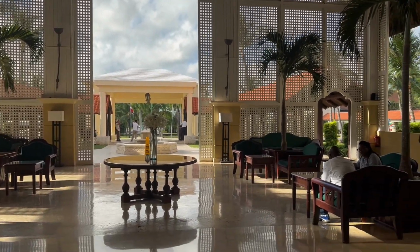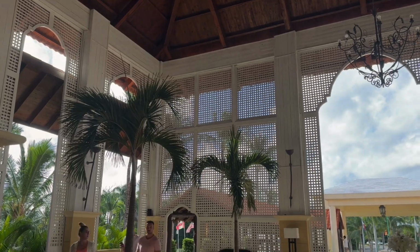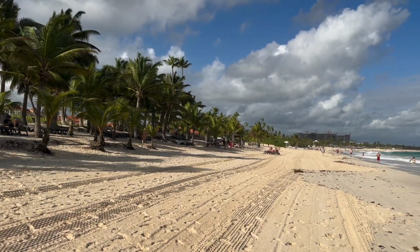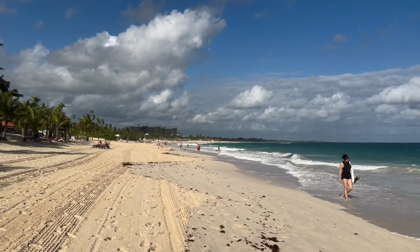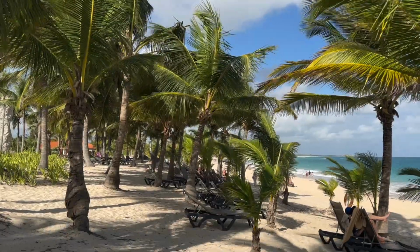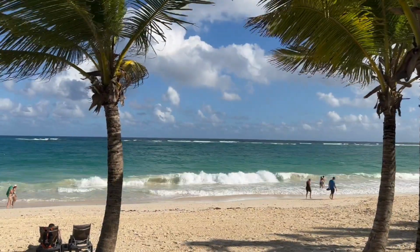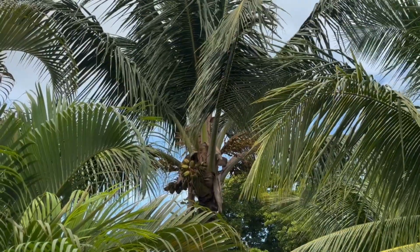For those who love physical activity, the hotel offers a wide range of water activities and sports on the beach and in the resort's facilities. The resort also has a playground specially equipped for children, while adults can relax by the pool or on the beach. The Occidental Caribe offers a complete daily program of activities at the lobby bar, and also there are various